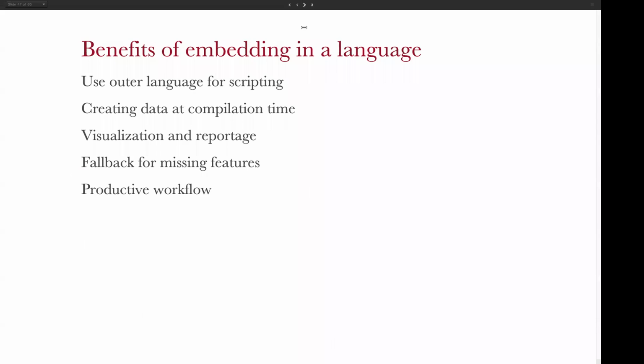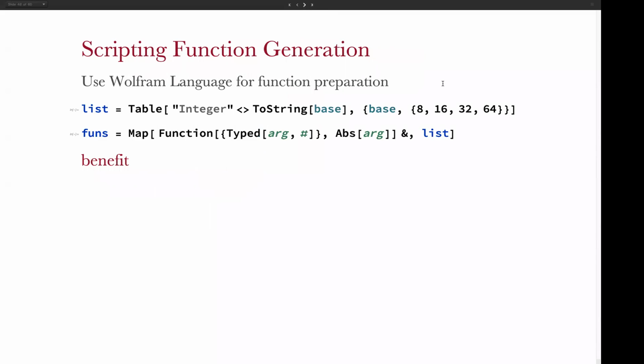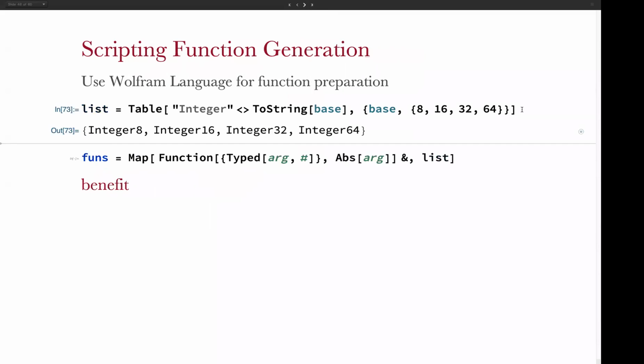Now, slightly going to run down. I'm just running through the last few things. I want to show some of the benefits that can accrue from embedding in an existing language. So there's an outer language, and there's all sorts of nice benefits. I'll show some of these, not least of which is it can be a fallback for missing features while we're developing things out. Here, these are just pure Wolfram language programs,